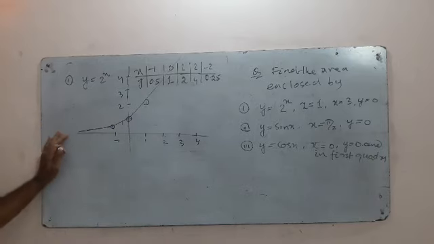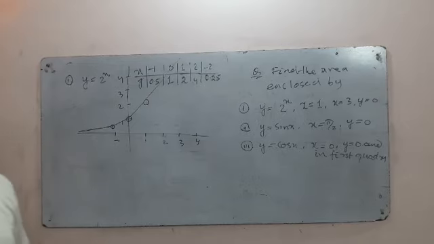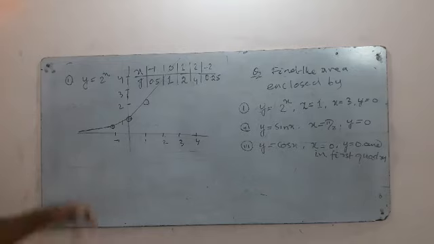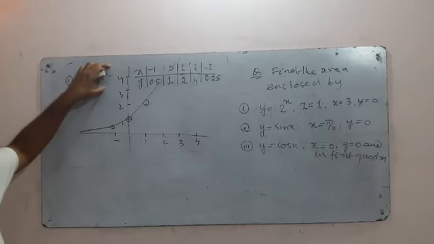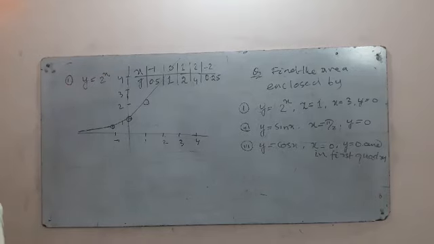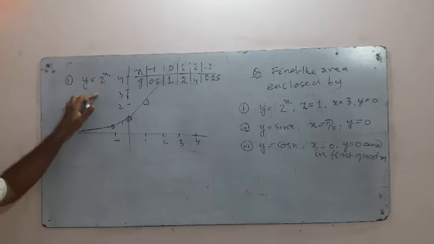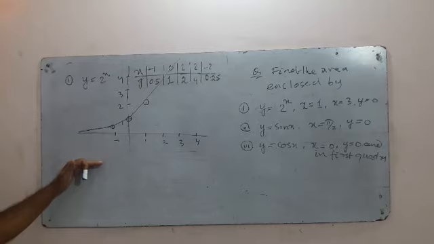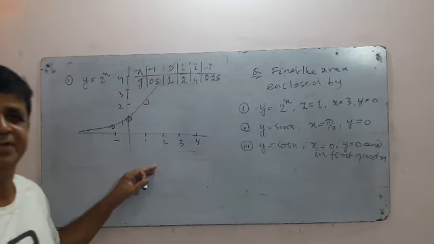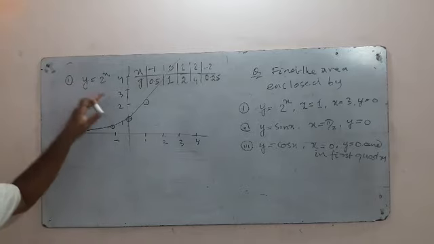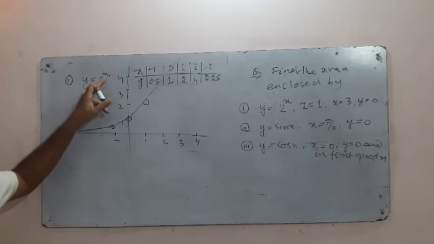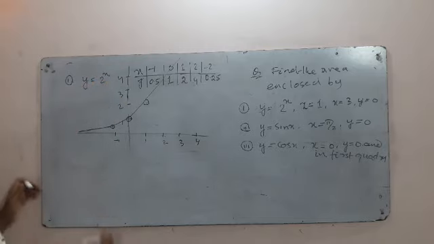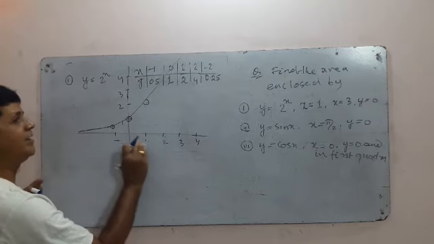Remember that the curve will never be below the x-axis. How? Whatever value of x you put, 2 to the power x will never be negative. If 2 to the power x were negative, it would be below the x-axis, because in the third and fourth quadrants y must be negative. Here y cannot be negative for any value of x. Even if you put x as -2 or -3, the value of 2 to the power x is not negative. So it is always above the x-axis.